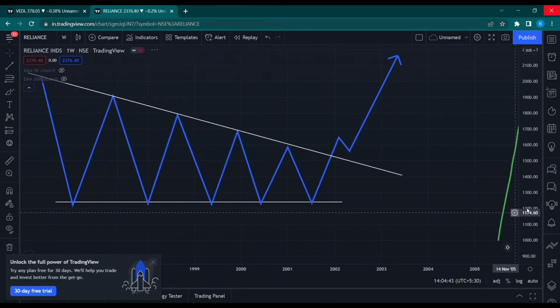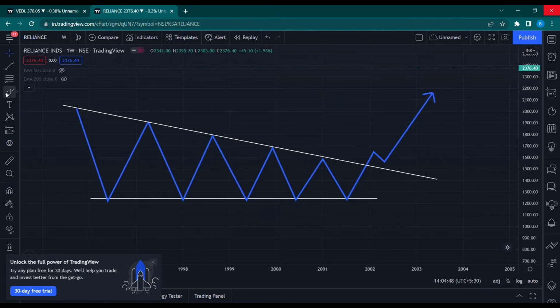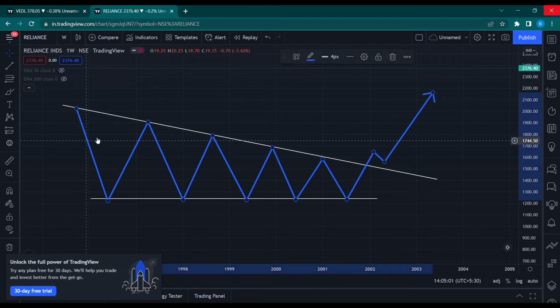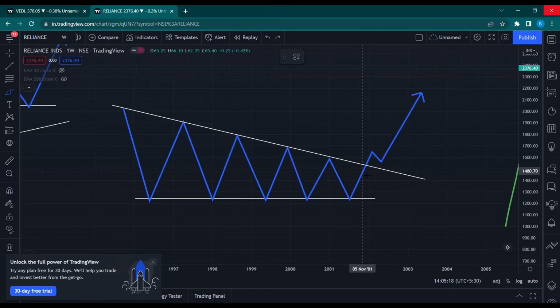So here is one more pattern, right? This is what we call a descending triangle pattern, right? In this case, the prices make the same low, but lower highs, right? So if, say for example, the prices were again on the uptrend from the initial phase, then we can expect a breakout and a retest and then an upside move, right? So this is also a good pattern to trade in. So just keep an eye on this.